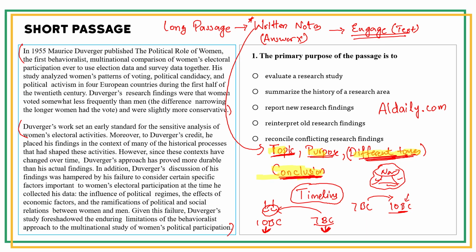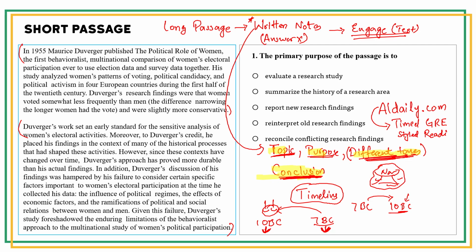This website basically has lots and lots of newsletters and articles which are super similar to the type of articles or passages, as the GRE calls it, that you would encounter on the GRE, right? So go do timed, again, the reading has to be timed. Do timed GRE styled reading from aldaily.com